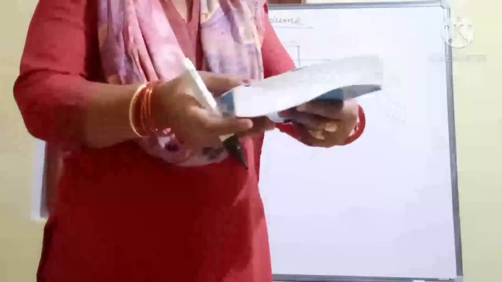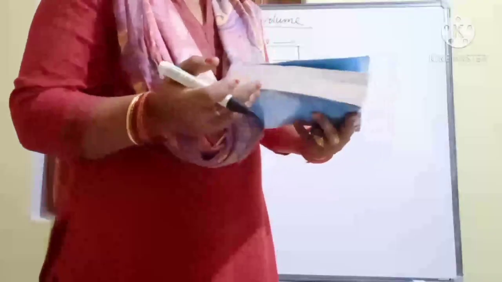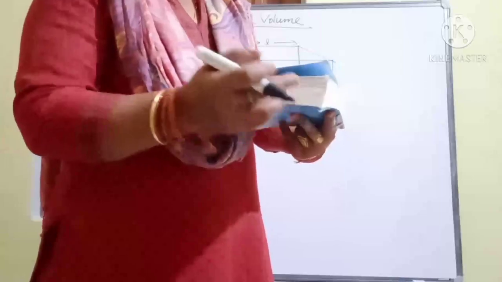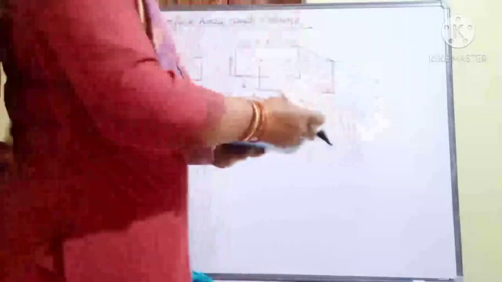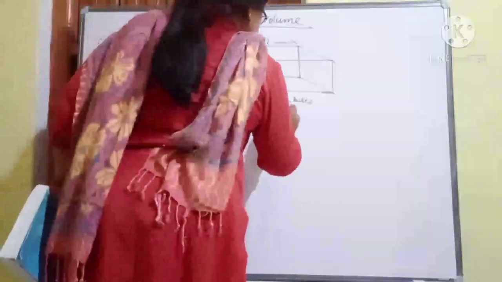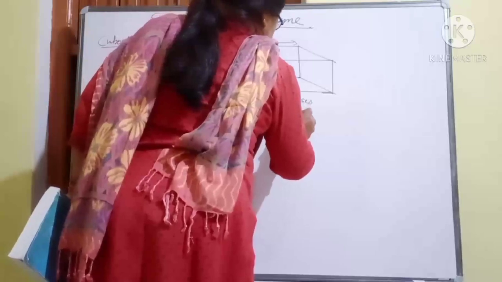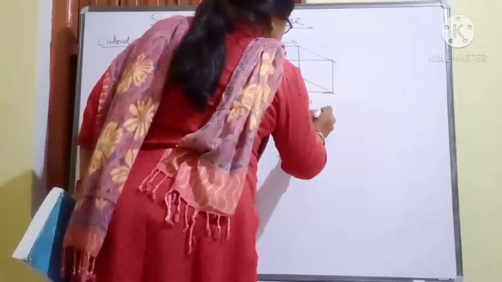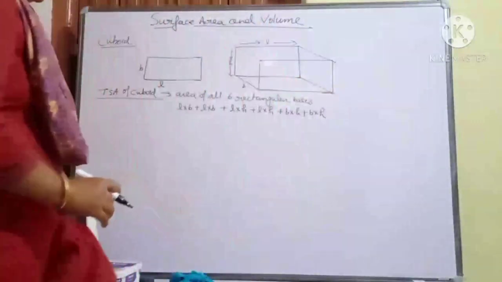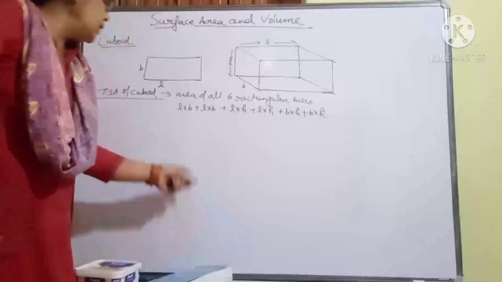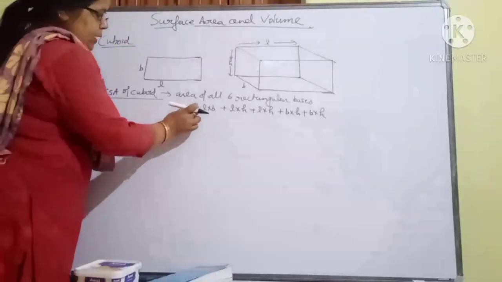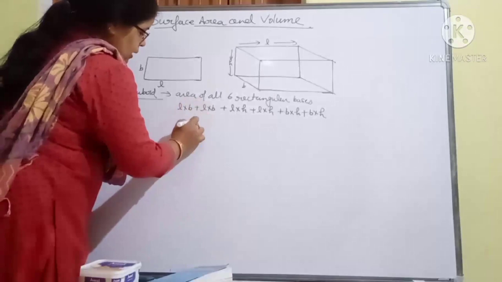Now we are coming to this one part. Here breadth is there and height is there. The same thing will be here, breadth and height. So plus B into H plus B into H. Now you can see that all the 6 faces I have included. So what will it be? L into B, L into B. How many times? 2LB plus